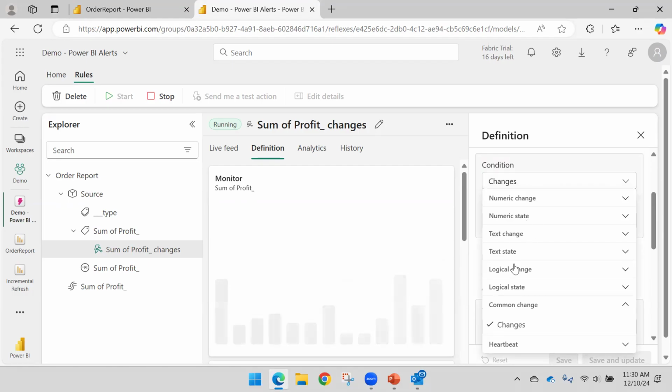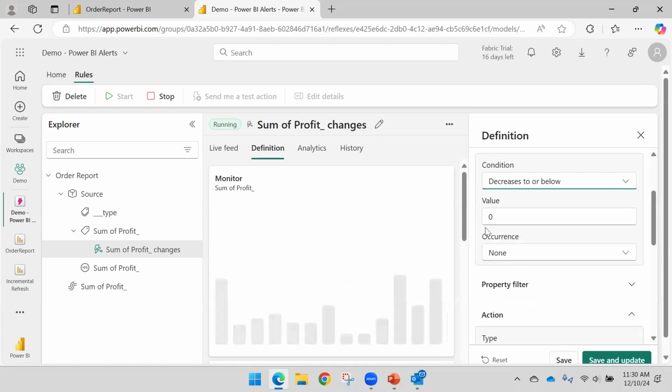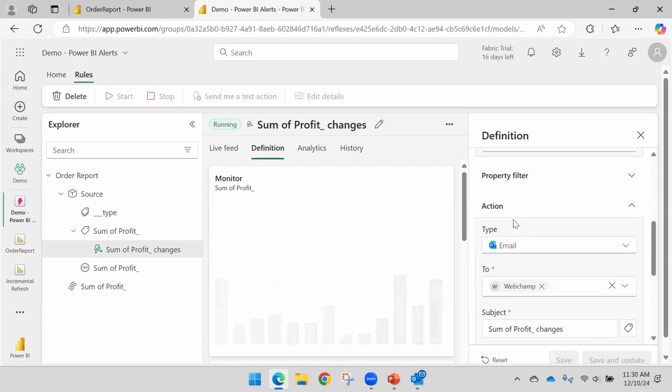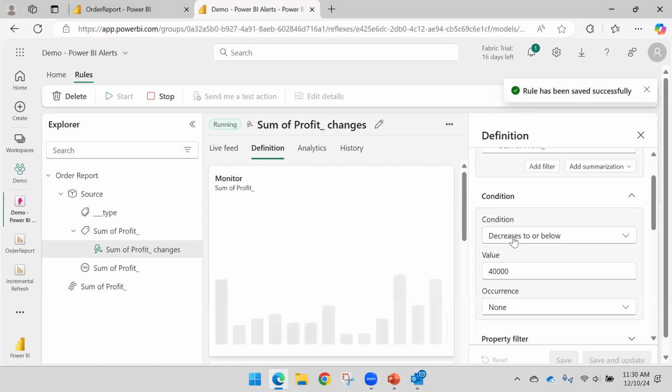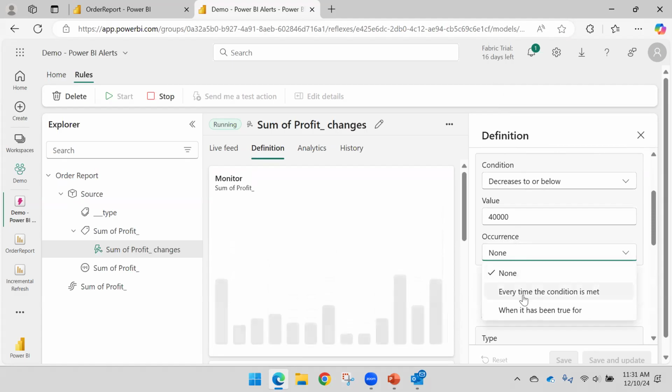Let's say number changes, number increases, number decreases to or below. This is the value. Let me say, if my profit goes down in any specific month below 40,000, I would like to get an alert from this report. This is what it tells me, right? So when the sum of profit in the month decreases to 40,000 or below, then it should say occurrence every time the condition is met,